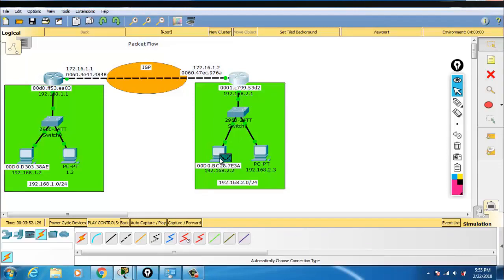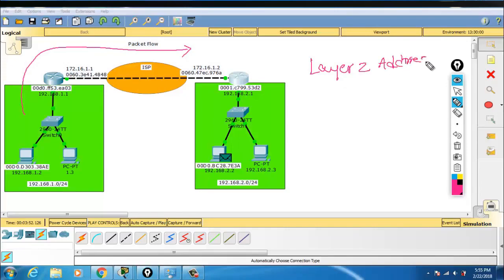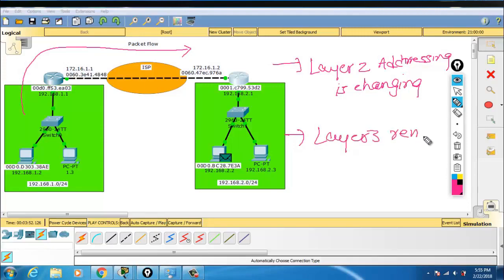So you can notice here that when you are trying to communicate and get out of your network, layer 2 addressing is changing, but layer 3 addressing remains unchanged.